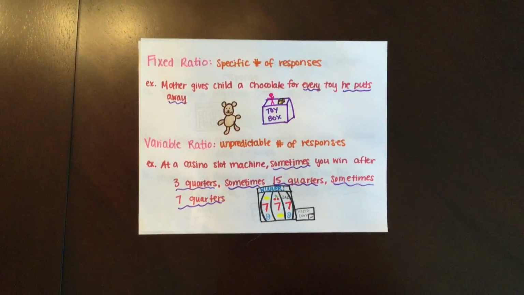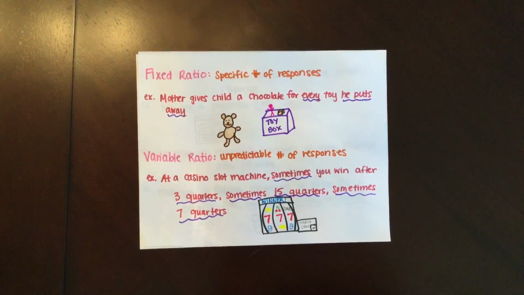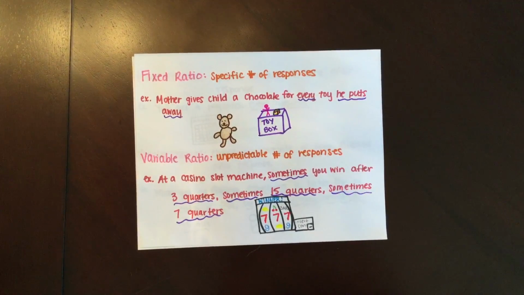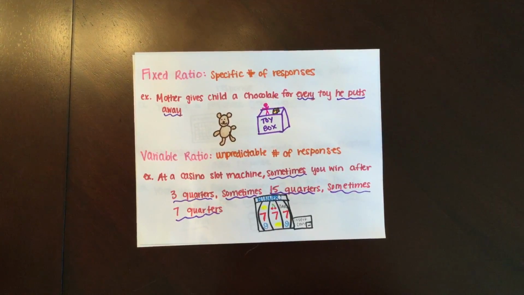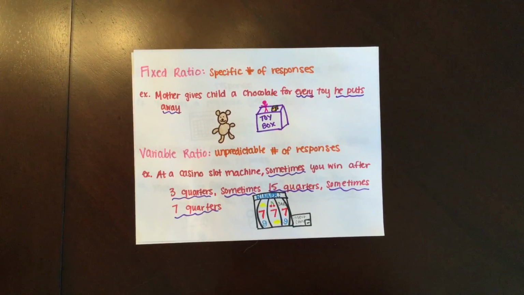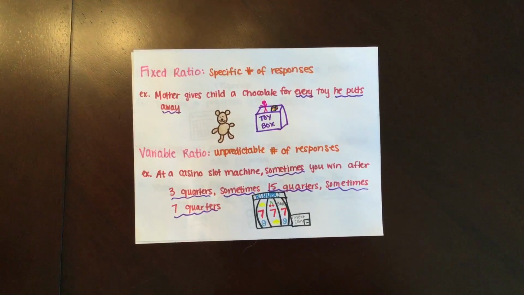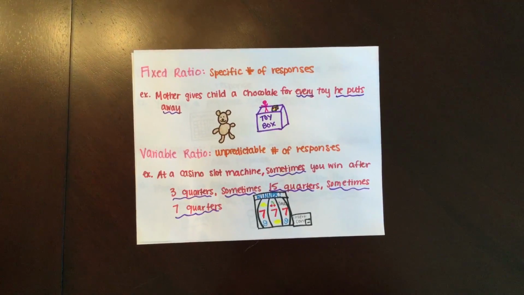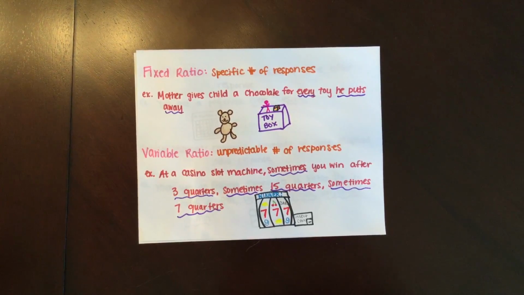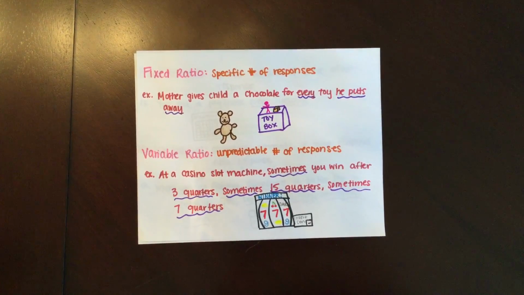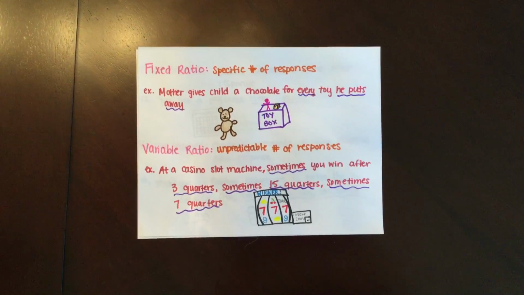A fixed ratio is reinforcing after a specific number of responses, like when a mother gives her child a piece of chocolate for every toy he puts away. A variable ratio is reinforcing after an unpredictable number of responses. For example, at a casino, at a slot machine, you win sometimes after 3 quarters, sometimes after 15 quarters, and